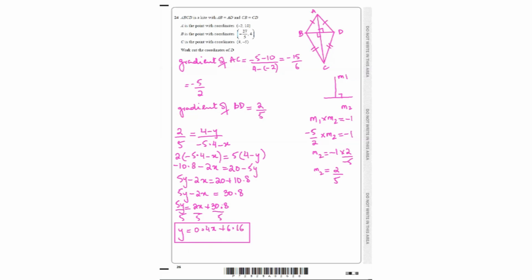That's your equation. Now, they have already told us that AB equals AD and BC equals CD. So we can use these lengths to figure out what the coordinates of D are going to be. So we know that the distance of AB is the same as the distance of AD. So the magnitude of AB is the same as the magnitude of AD. So the magnitude of AB is going to be